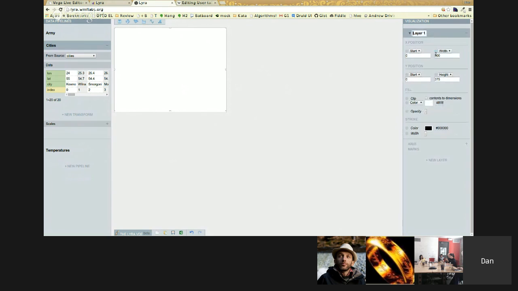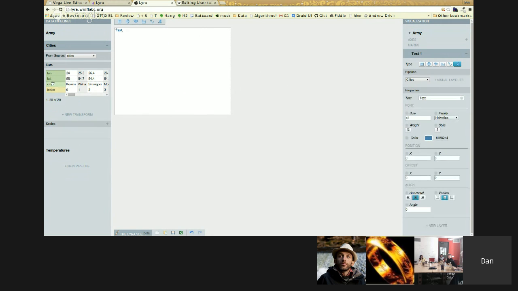Lyra has layouts. We're going to make an army layout. There's basically visual things on the top here that you drag down, transform them in some way with data, and compose your graph that way. So we're going to first drag some text, and we're going to throw in the city. I'm dragging the city into the text property. So you see there's a bunch of random text on top of each other there. And what we want to do is call this cities and